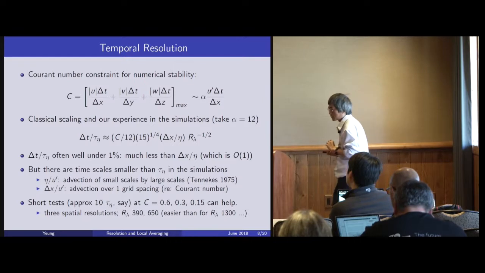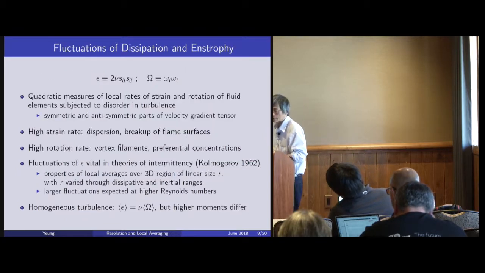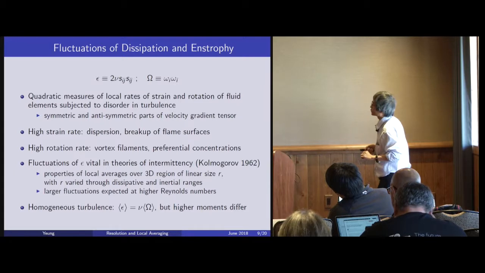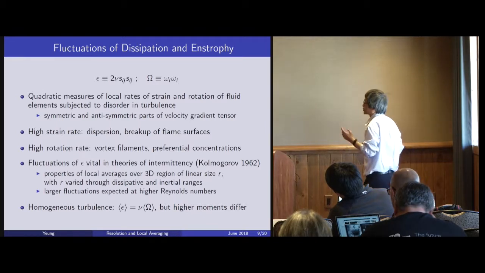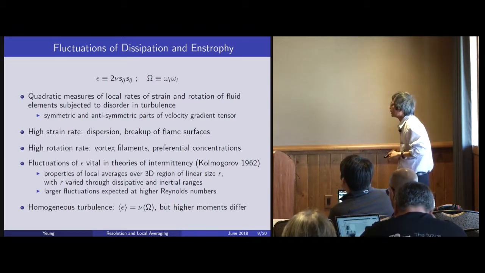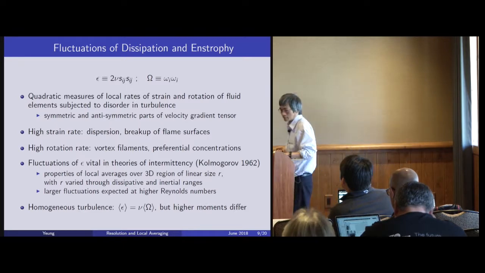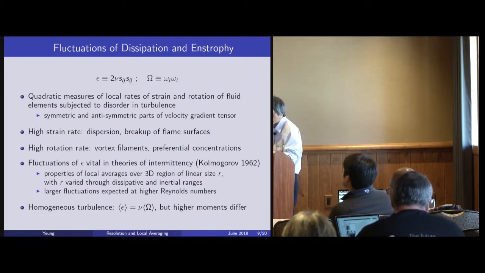And I'm going to show results over a range of Courant numbers. We start from 0.6 and then we drop it by a factor of 2 and another factor of 2. But before we go there, very briefly, I think this is dissipation and enstrophy. These two quantities appeared in the previous talk, just with slightly different symbols. I'm going to skip this, but both of these are very important parameters of the small scale